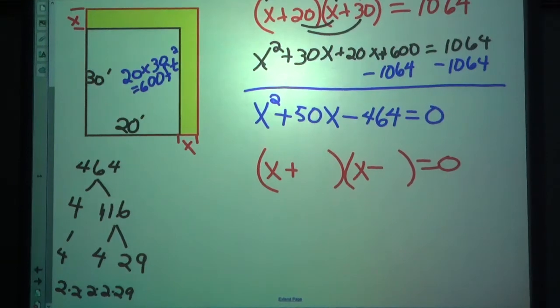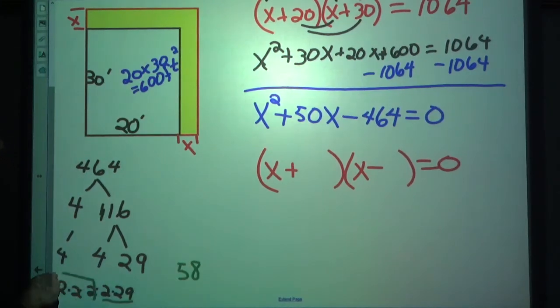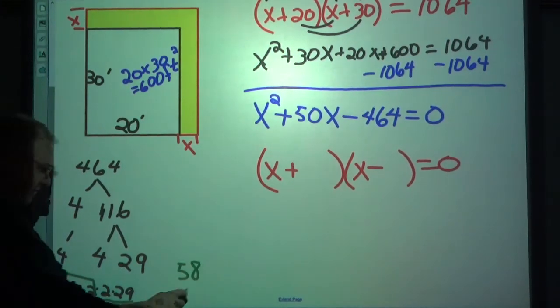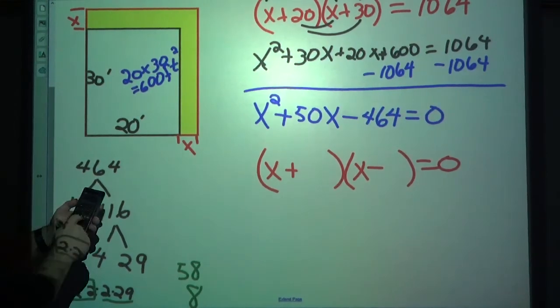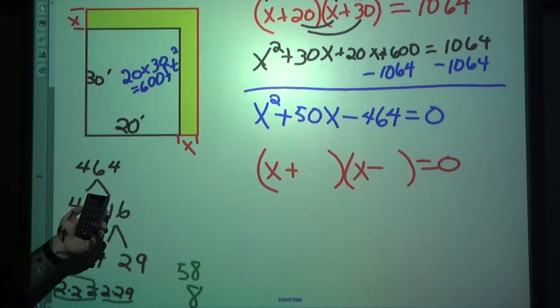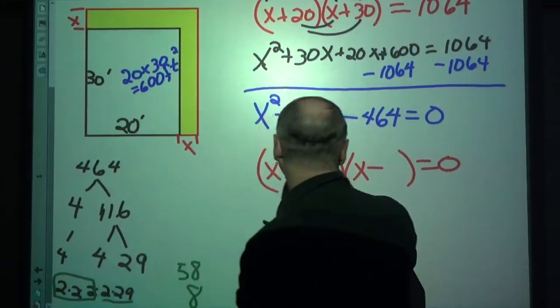Let's see. 29 times 2 would be 58. And these 3 multiplied together is 8. So 58 times 8, let's double check. 58 times 8, just in case I made a note, is 464. And they do differ by 50. So I need 58